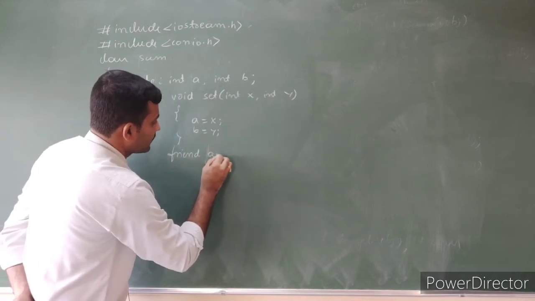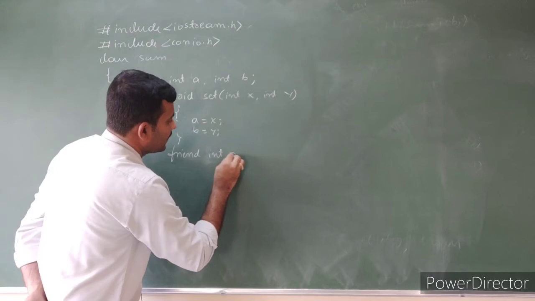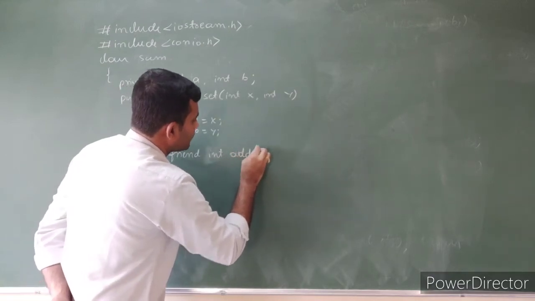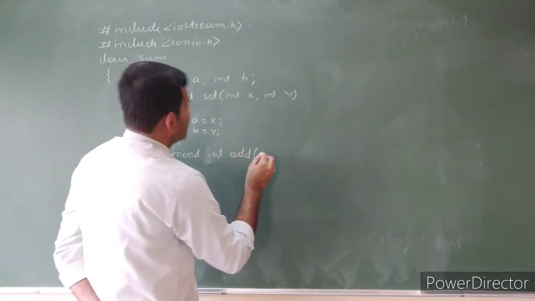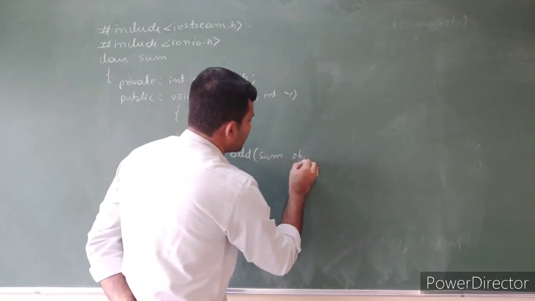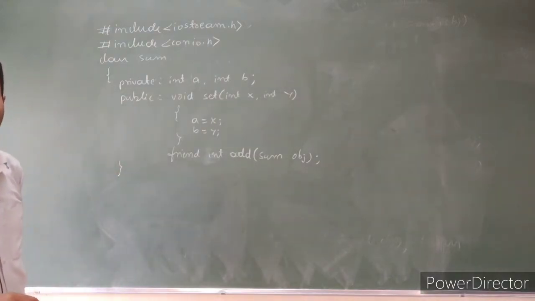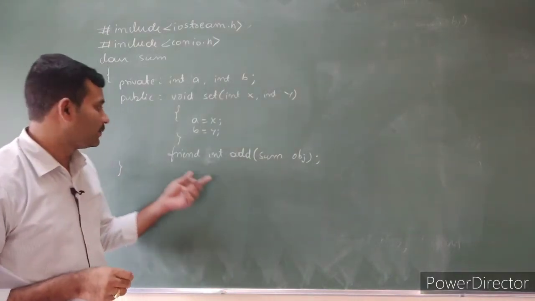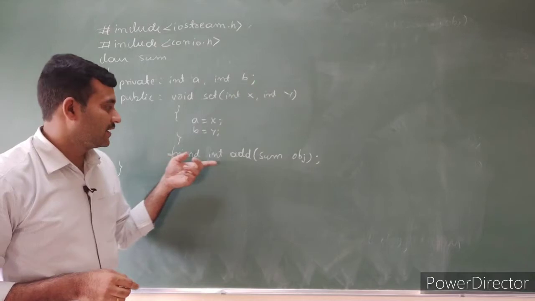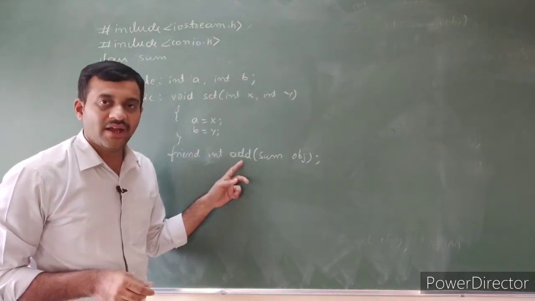Friend return type specifier is integer. Name is add. It accepts the parameter that is an object of the class sum. Close the friend function. See the declaration of the friend function. It begins with the keyword friend, return type specifier here it is integer, name of the function add, then it